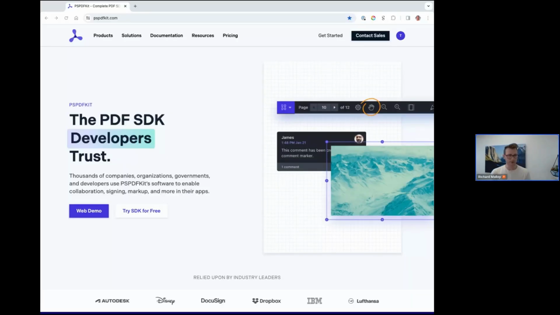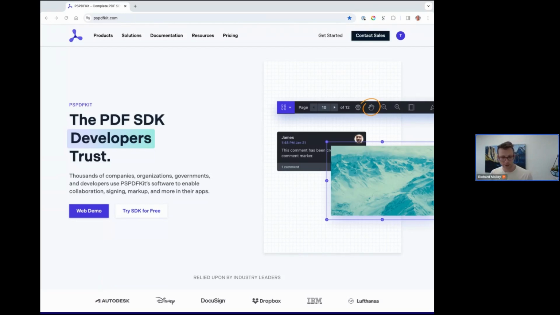We should be sitting on the PSPDFKit landing page. So a little bit about the company as we jump in. PSPDFKit's been in the document SDK space for over a decade. We are a portfolio company with a couple different arms that have joined us in the past couple of years that allow us to do a lot of different things in terms of document workflows. One of the leading products that we see a lot of interest